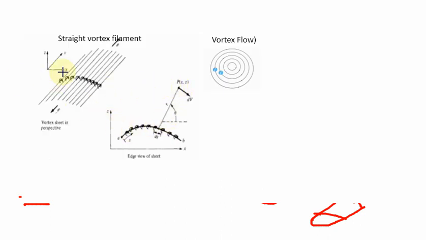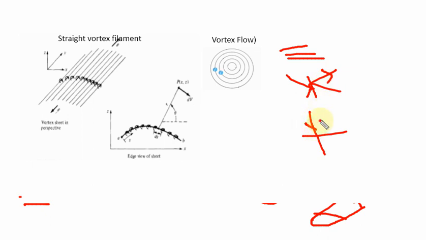So now we move on to the next topic, the vortex filament. Before that, you must have some idea about vortex flow. There are so many aerodynamic flows we are considering, for example uniform flow. Then source flow, where the flows are coming out from an individual point, and similarly sink flow. In the source flow the streamlines are coming out, then in the sink flow the streamlines are going inside. And similarly, this is called your